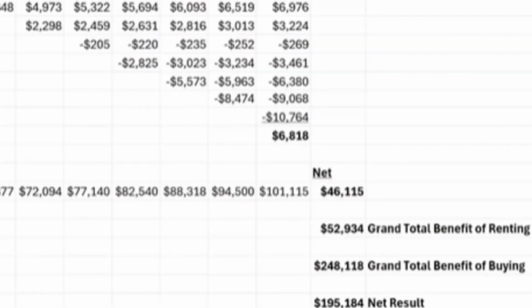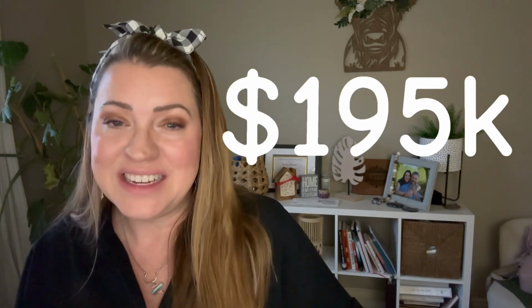Now what we're going to do is we're going to see what is the grand total benefit of buying versus renting. Remember, the grand total benefit of renting was $52,934 per our little chart. The grand total benefit of buying is $248,118, but we had to put some money down. We had our down payment and our closing costs. So the net result, the grand total net result, drum roll please, is